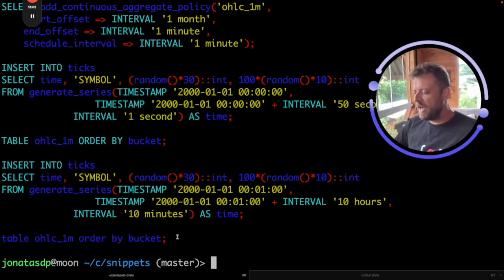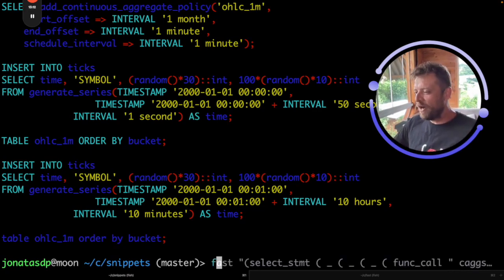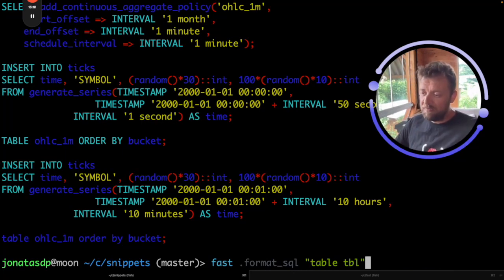So I was thinking I would like to build and explore this as an opportunity to build a format SQL thing. So I was building this format SQL, and in the format SQL thing here, the idea is